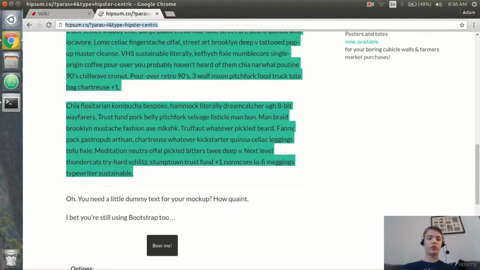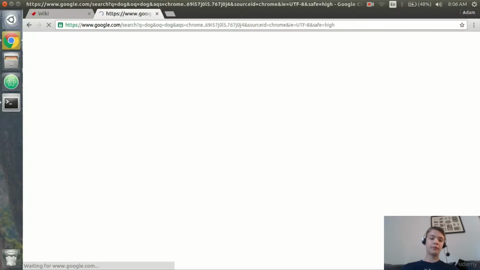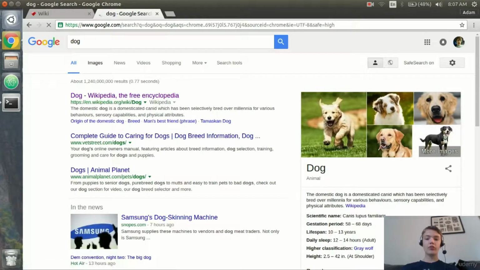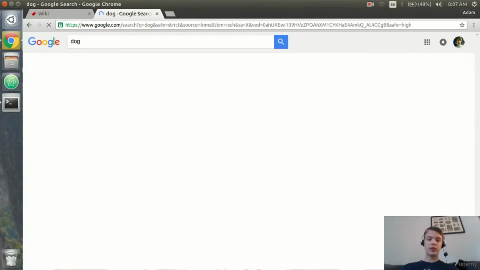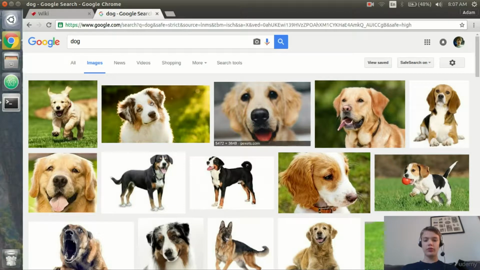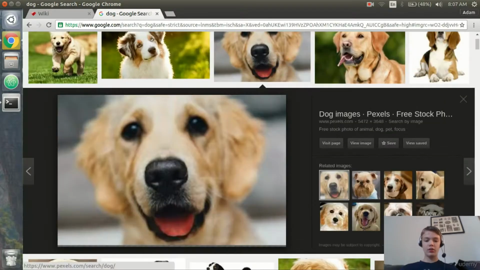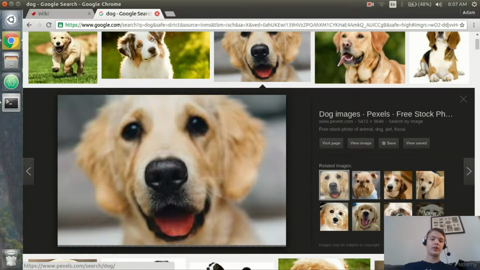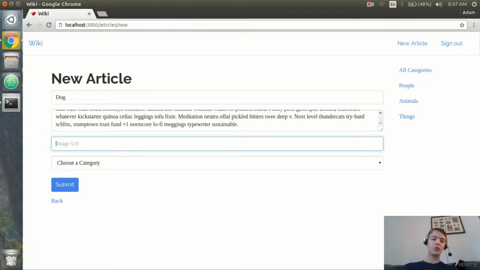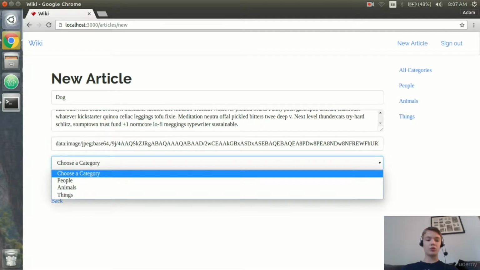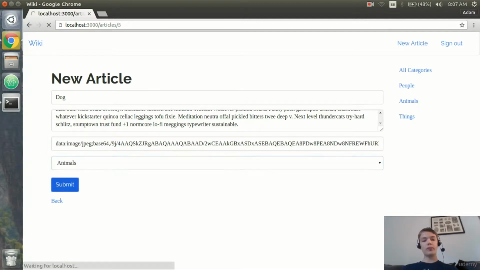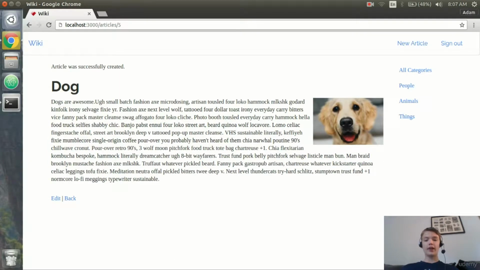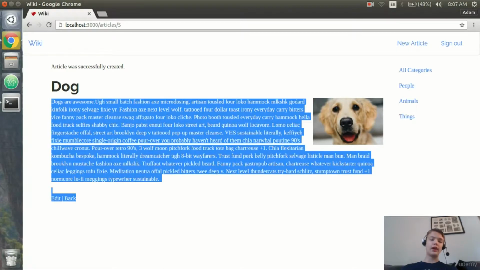And I'll also search for dog. And I'll go to images. And I'll try to find a good one. So how about that one right there? And I'll click copy image address. And now you see if we go to the wiki in the image URL and paste that in, then we'll choose a category of animals, submit that, and you see we have the picture that we chose and an article